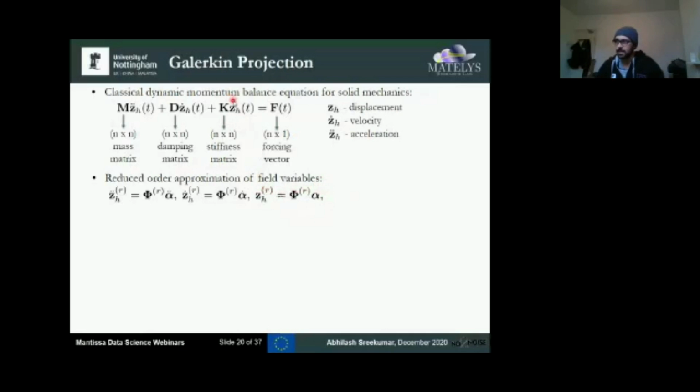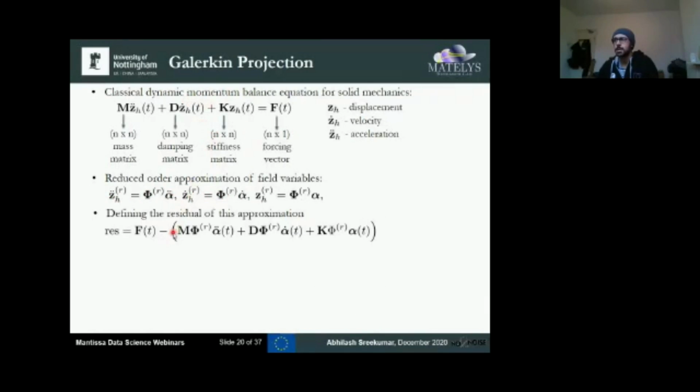So we approximate the ZH of R with this. The velocities are approximated similarly, phi of R alpha dot, and the accelerations are approximated as follows. Now we just plug it into this equation, and we will end up with an error, right? Because we're using a reduced basis, we will end up with some inaccuracies. We define this inaccuracy as a residual in computational mechanics, which is f of t minus the entire